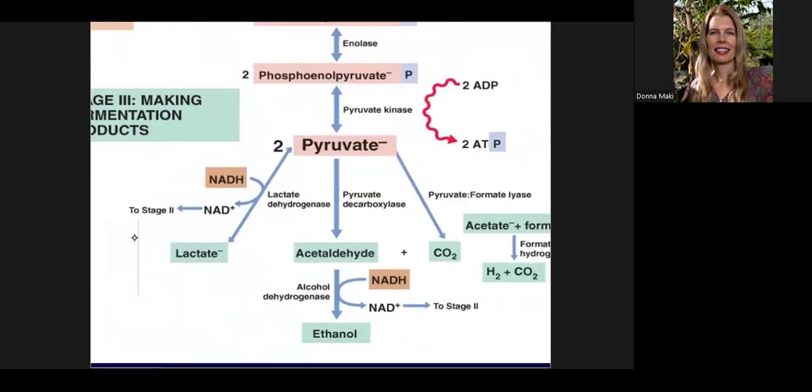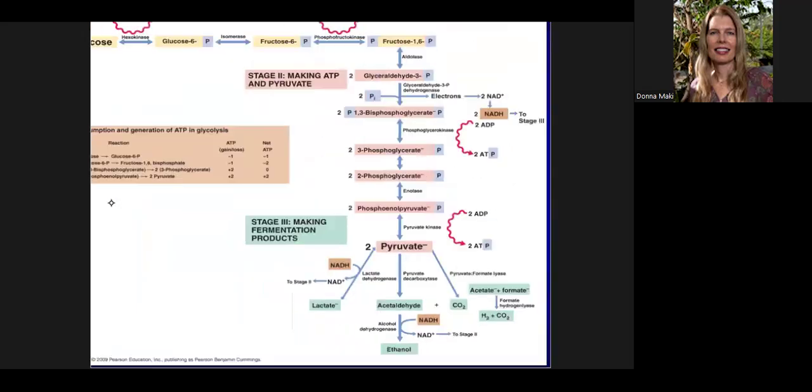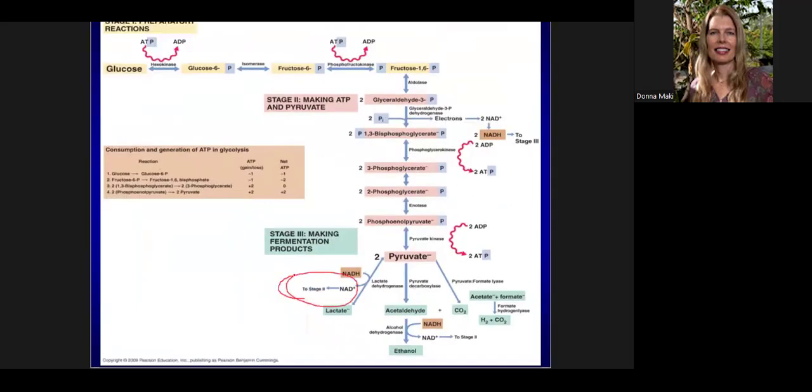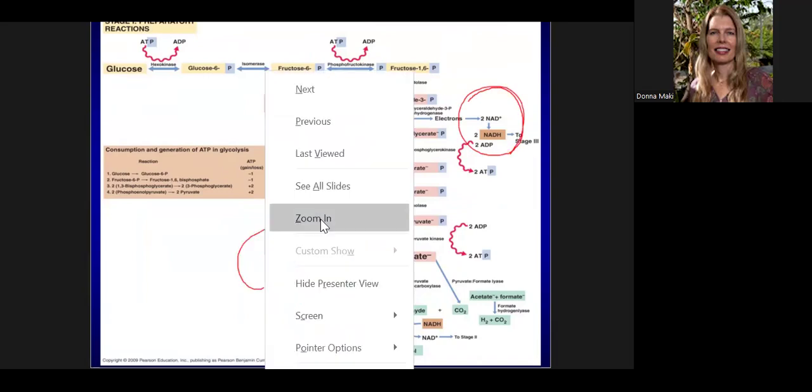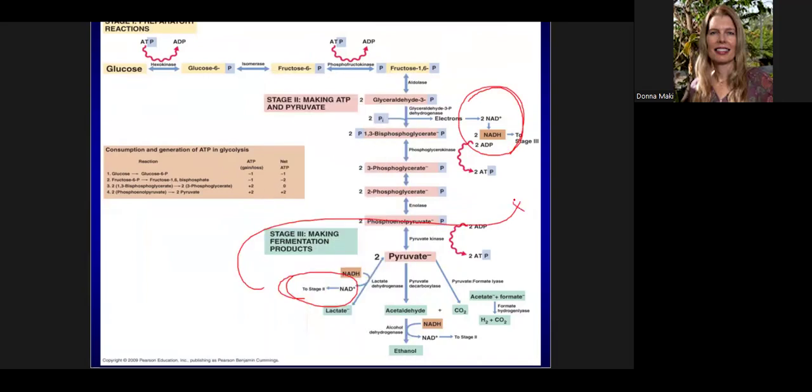All right. So here, where you see pyruvate going to lactic acid, you see NADH to NAD+, and then they say that goes to stage 2. So that goes to stage 2. So what is going on here? So there it is, NAD+ right here. So it went over to here. All right, so this NAD+ goes back, so to speak, where it's needed here in this